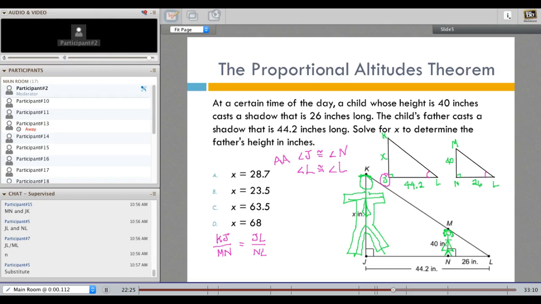Okay, good. Substitute. So I'm going to have x over 40 equals 44.2 over 26. You math it. That is true, Tristan, except that's a little vague. Okay, good, Gabby. Plug in the numbers. Then how do you math it from here? Tell me more specifically. What would I do? We've been doing this a lot in Unit 3, so I think you guys have it down by now. Yeah, cross multiply, solve for x, okay?